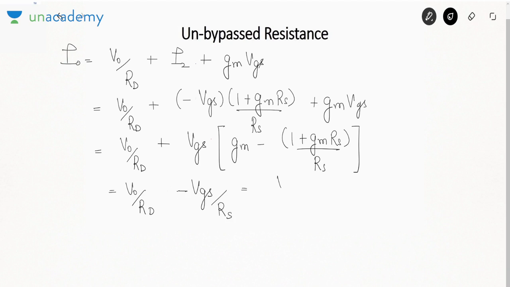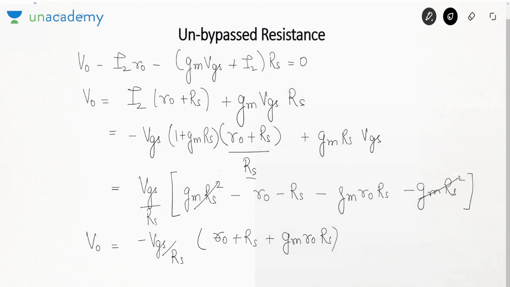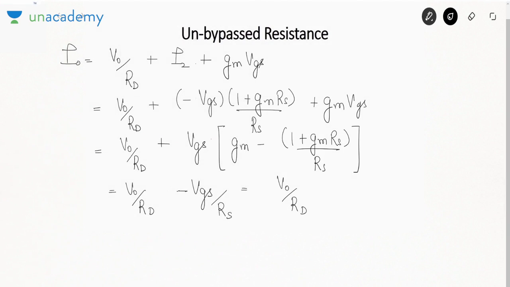So if you substitute VGS in terms of V0 now, VGS can be found here. So it is minus V0 RS, so minus minus plus V0 RS over R0 plus RS plus gm R0 RS,